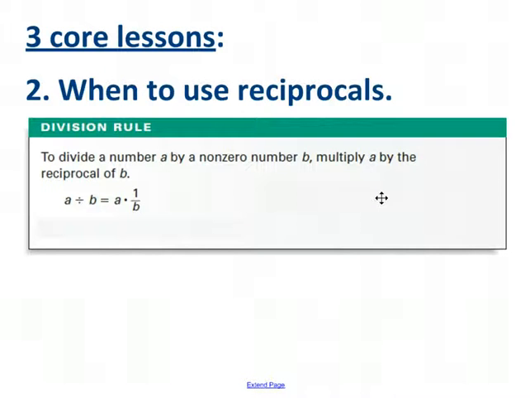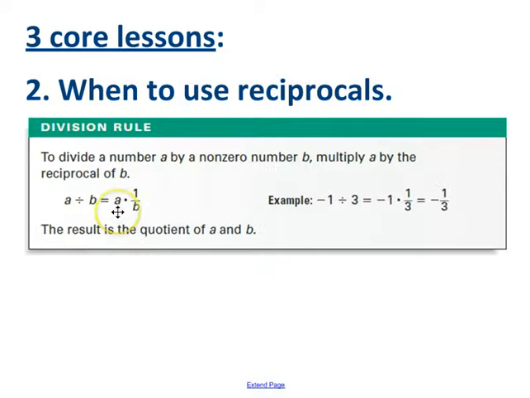The second core lesson, and maybe more challenging, certainly relates to more challenging questions usually, is when to use reciprocals. The textbook gives this explanation. A divided by b is the same thing as a times 1 over b. In other words, you can always flip the thing that you're dividing by and multiply it times the top number if you want to. So as an example, if you don't want to do negative 1 divided by 3, you